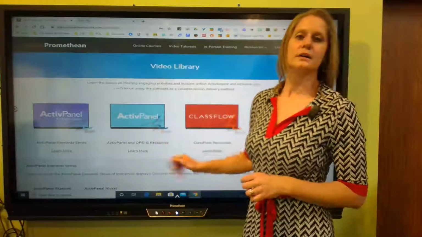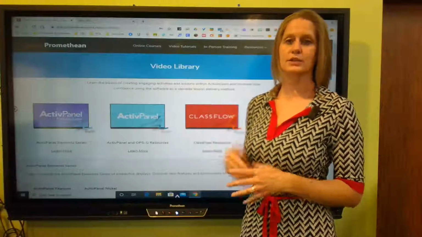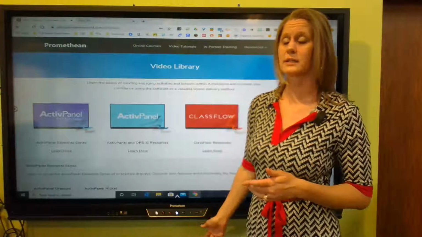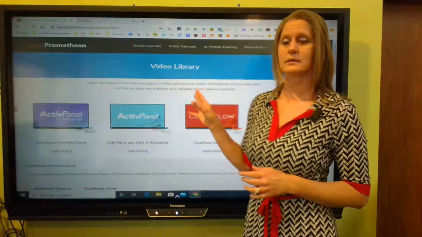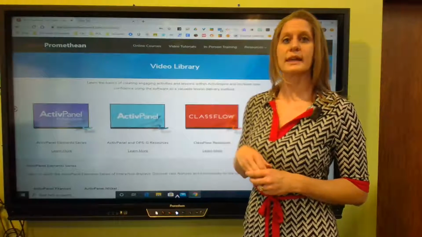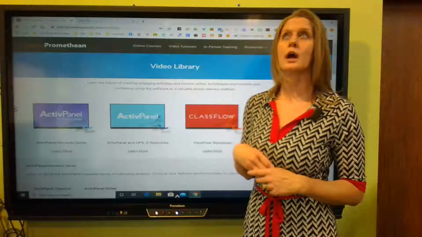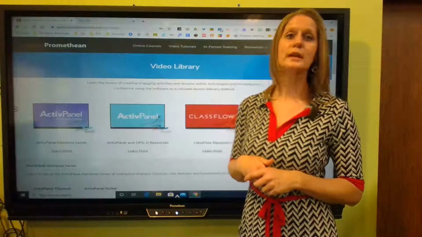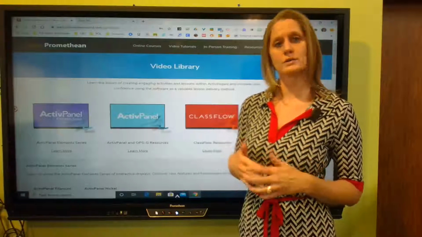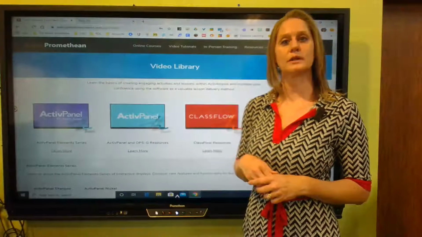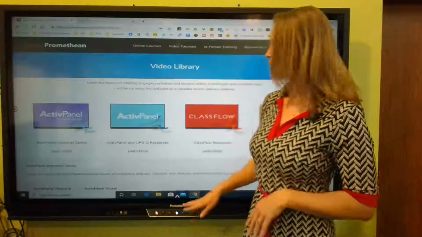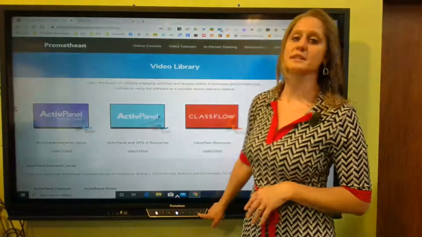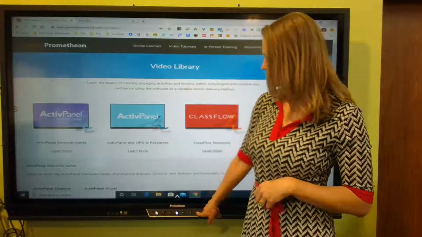Once you have your PC connected to your board, there are some other options for you on here because the ActivPanel functions like a smartphone or like a large tablet or a smart TV. So it can run apps all on its own as well that are not dependent upon your PC in your room. For that, this is where the universal menu comes into play, and I'm going to switch back temporarily to